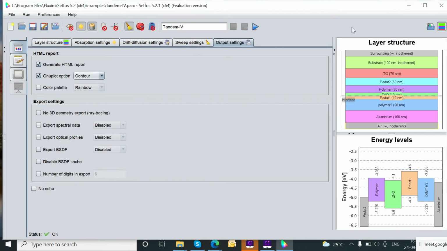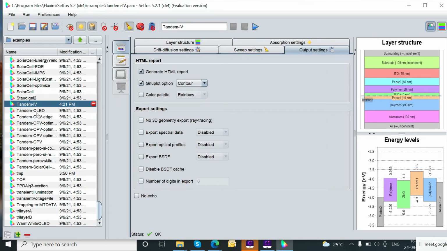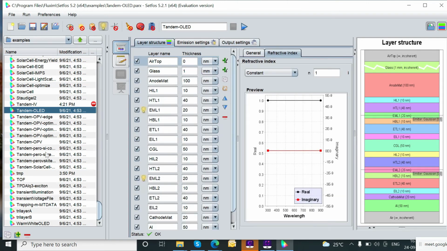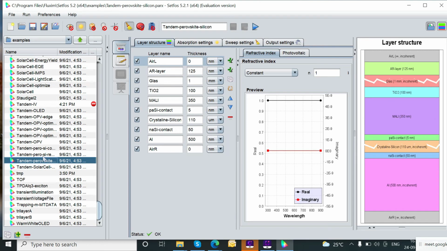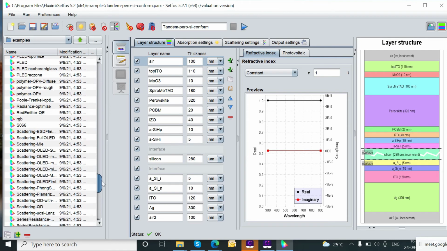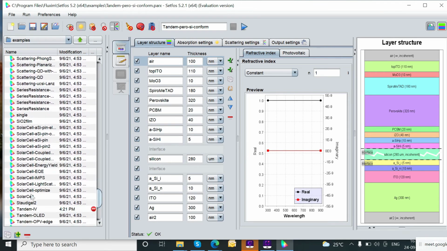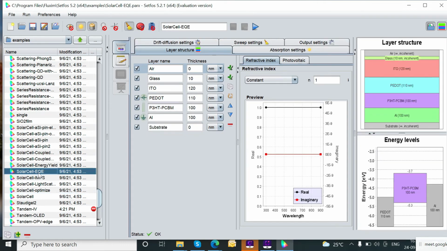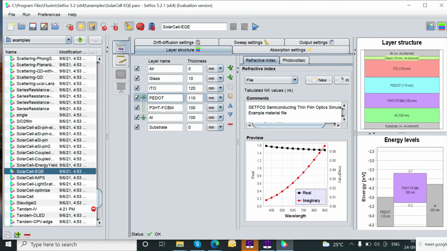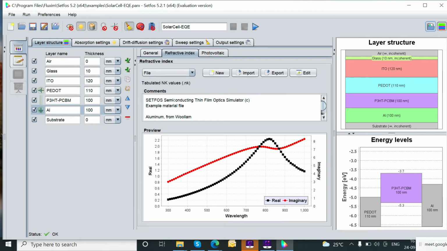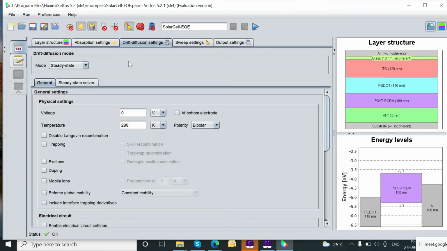Now this is a P dot. There are 4 semiconducting layers and 2 electrodes, aluminum and P dots. You can visualize the number of layers on the right of the screen, and these are the energy levels. And absorption, where the sun spectrum is defined with depth diffusion models, without biasing. Sweeping voltage from 0 to plus 0.1. We can enable this HTML and contour plot, and let it run the calculations for tandem IV. Actually there are some limitations on the number of layers in my trial version, but I can show you some other output.